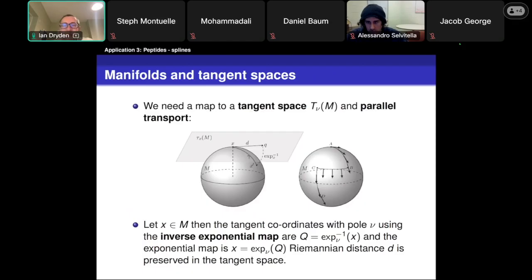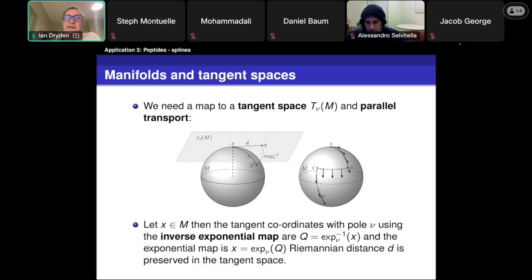So if we've got data that's very spread out, we need to be able to map a tangent space across the manifold. This is called parallel transport. If you've got a tangent space at one point and you move along geodesics, moving the tangent space along here and here and here, you'll end up with a tangent space down at the bottom. And the method of Riemannian